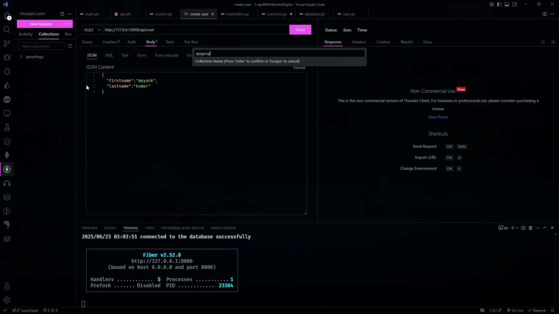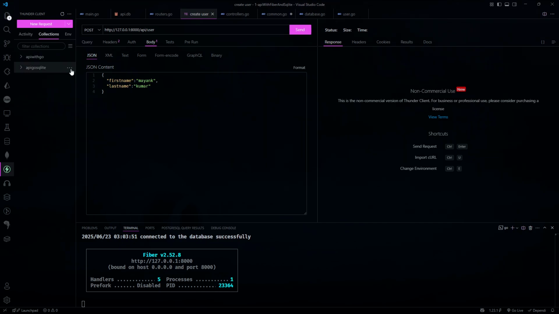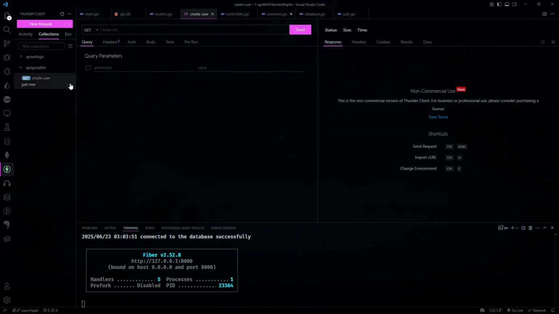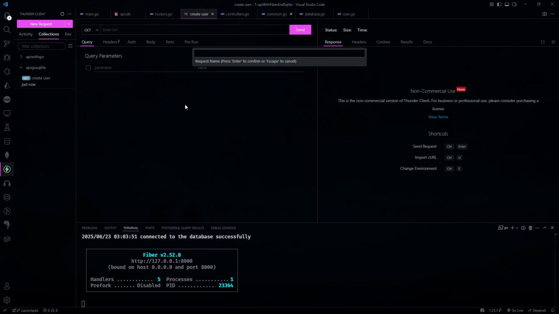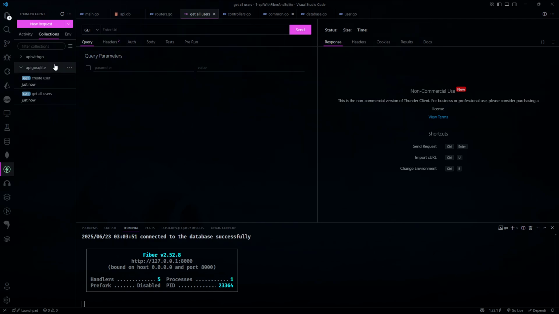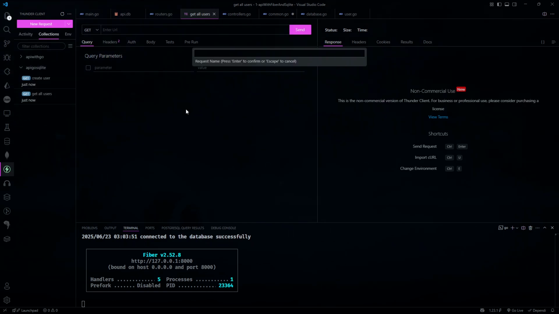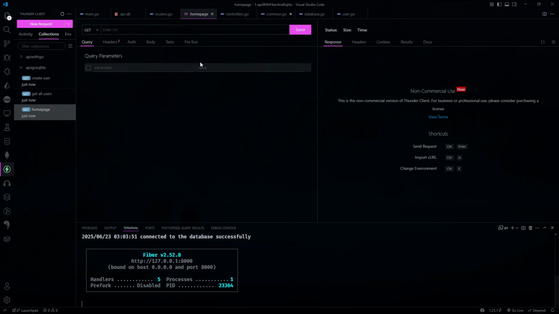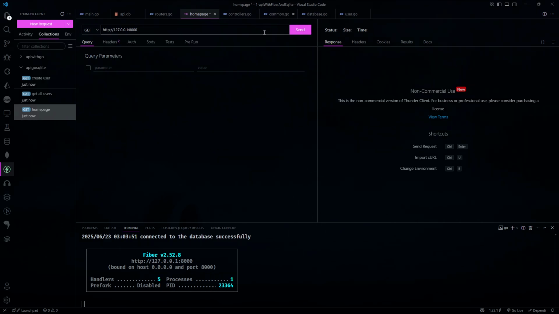I'll name it API Go SQLite, or a different name, and I will add requests: a new request called create user, a second request called get all users, and a third request called home page, for the home page route. So first we have to copy the URL